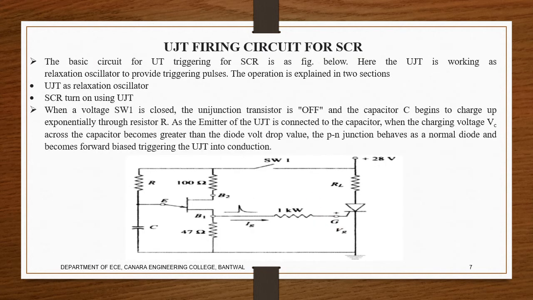Now we'll look into how the UJT works as a firing circuit, or the functionality of the UJT. You can look at the same circuit we used. V1 is connected to the ohmic resistance, another is connected through a resistance to a switch, and a capacitor and an R are used here. The reason for R and C is timing: we can make the pulse width longer or shorter with respect to this capacitor and this R.